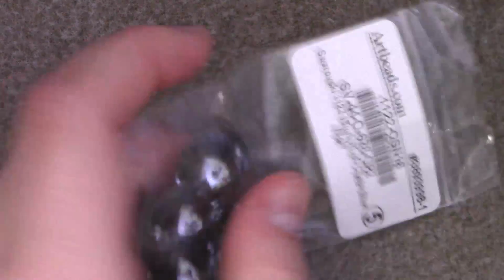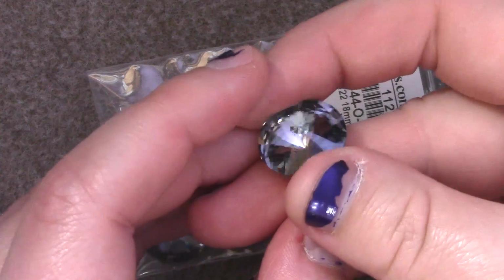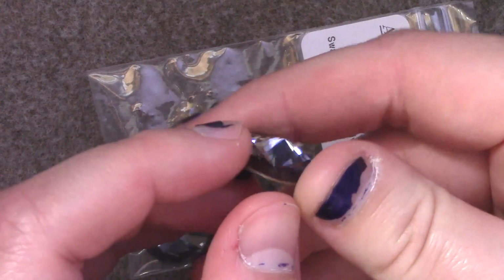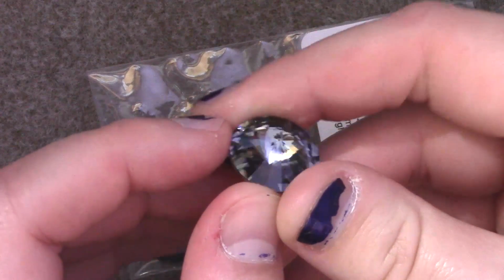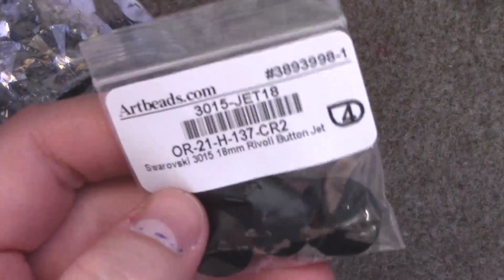And I'm going to probably separate these because I really don't like how they're all lumped in one packet, and this is really gonna scuff them up. So I'm gonna separate them, but this is what it looks like. It's a silvery silver color, and it's very pretty. And I like it. To use in my necklace,